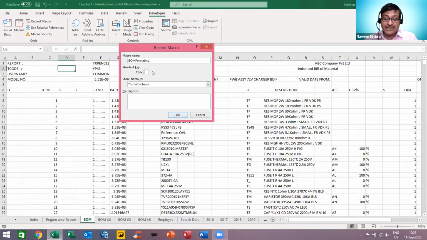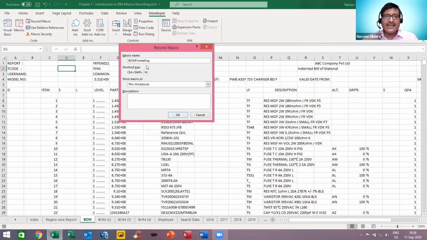So we can just hold down the Shift key and press N. So this is my new shortcut key, Control plus Shift plus N. If you want to use any other, just hold down the Shift key and press M. So now Control plus Shift plus M is my new shortcut key. Don't use Control A, Control B, Control C, Control D to Control Z. These keys are all already assigned. Control plus Shift plus A to Control plus Shift plus Z are mostly unassigned. Few keys are already assigned, like Control Shift plus L, which is used for filter.